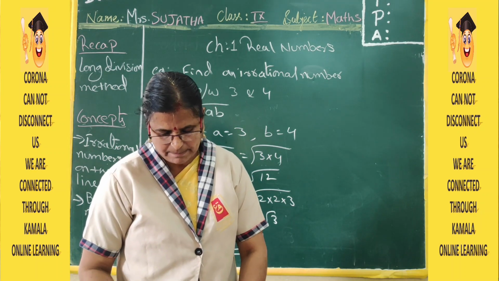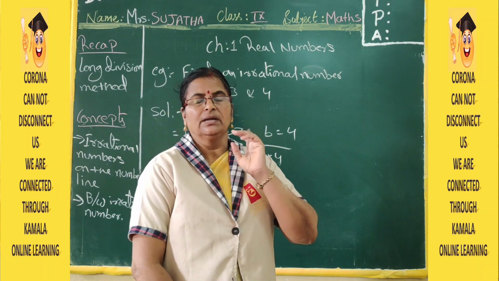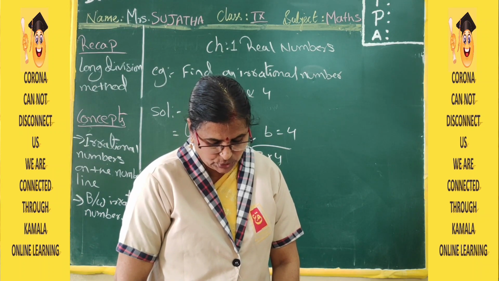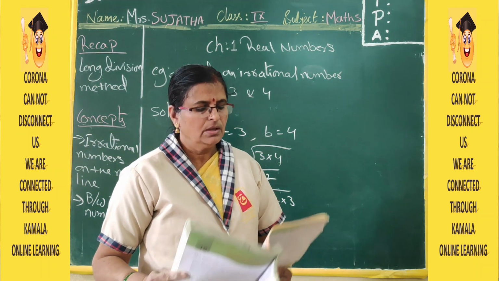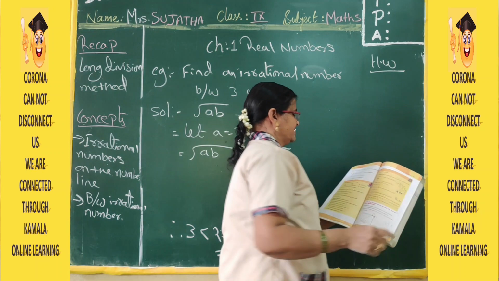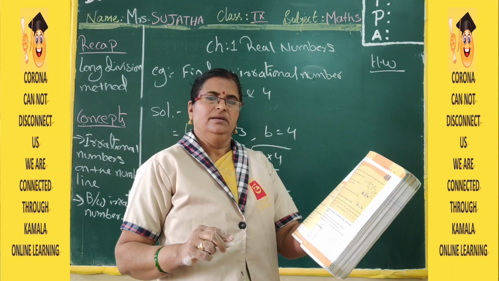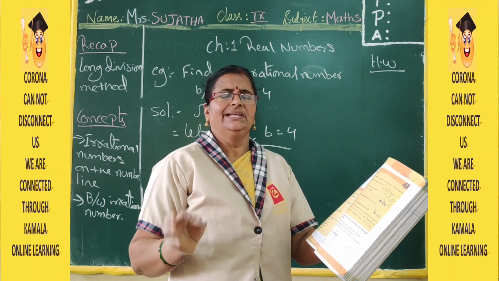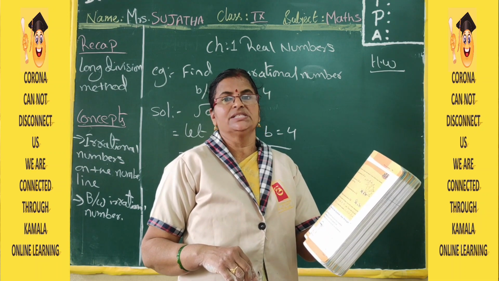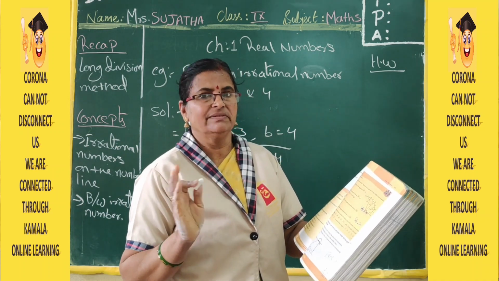Now see here, example 11 is the homework. See that one, irrational numbers multiplication, that already in 8th class you studied. Now exercise 1.2. Exercise 1.2 homework. Classify the following as rational or irrational. Just by seeing the number, you have to say that it is irrational or rational. Root 27. Root 27 is not a perfect square. That's why it is an irrational number. Root 441. Root 441 is 21. 21s are 441. So like that you can see which is rational, which is irrational.